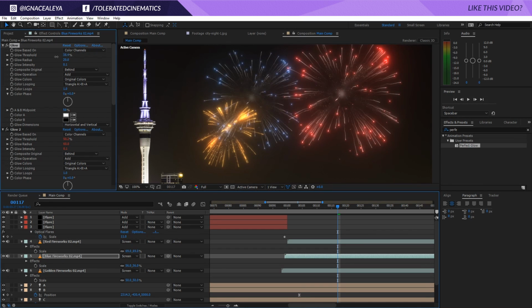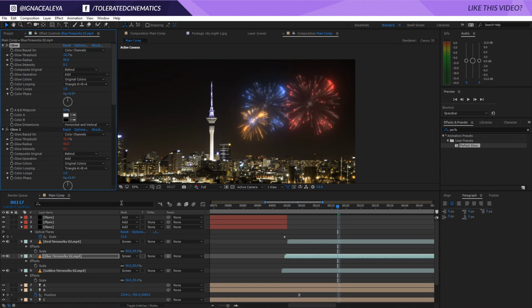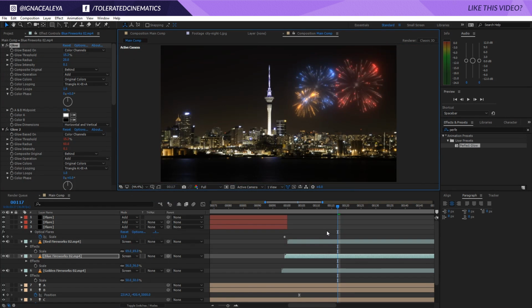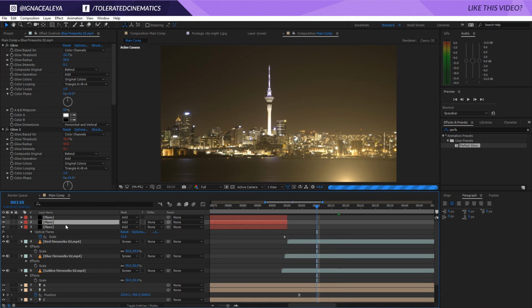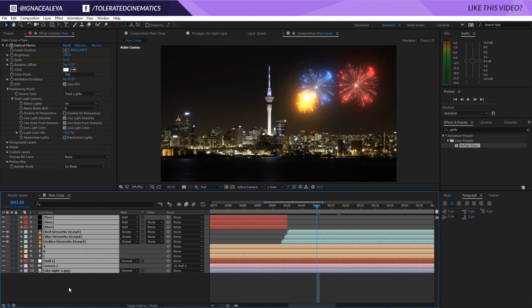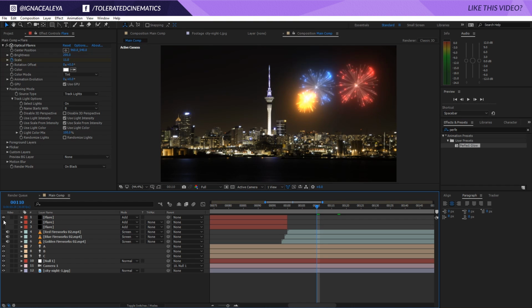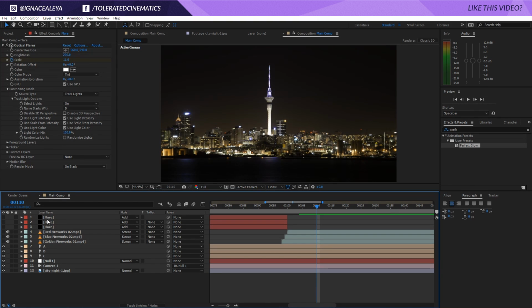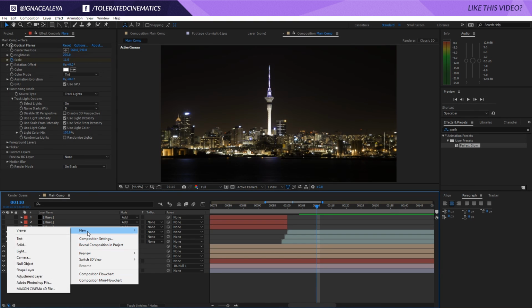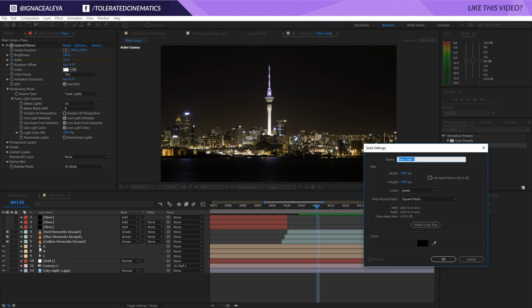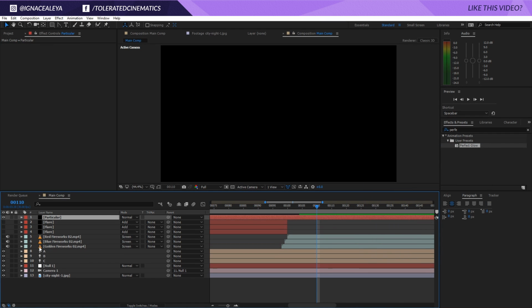And there we go. Okay, looking pretty nice. So you can play around with the glow and stuff like that, and once you have done all these things, we can close each thing down, and for now I will just unselect my video layers and my flares. I will create another solid layer,